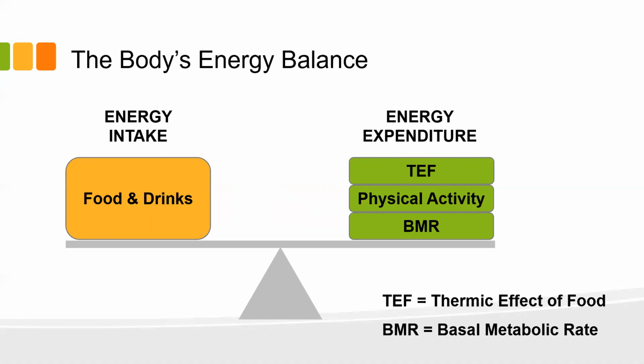Now, it's way more complicated than this, but on a very basic level, the body is going to try to balance its energy in most circumstances. So that means that the food, the calories that you take in, so that's going to be your food and drinks, if they're equal to the energy that you expend, then you're going to maintain weight. Okay, and I'll get into some of the complexities as we go on here, but I just want to talk about this for a bit, and we'll come back to this little diagram here in a minute.